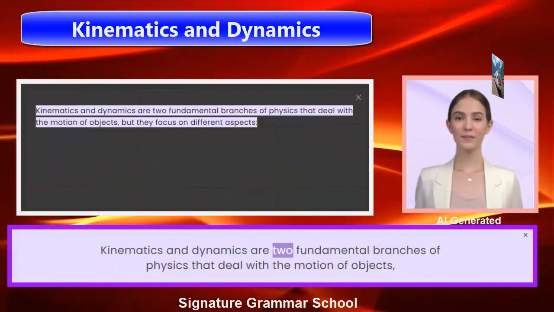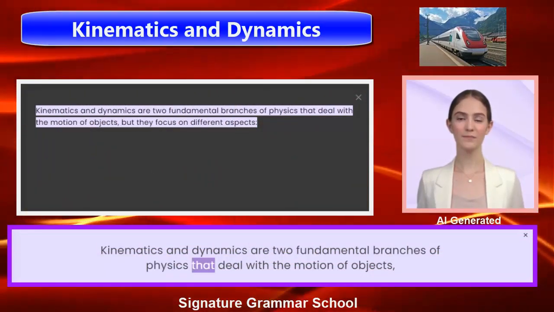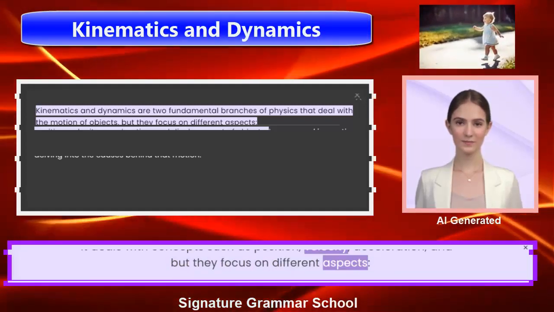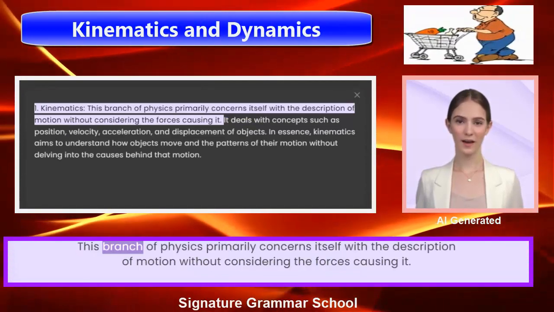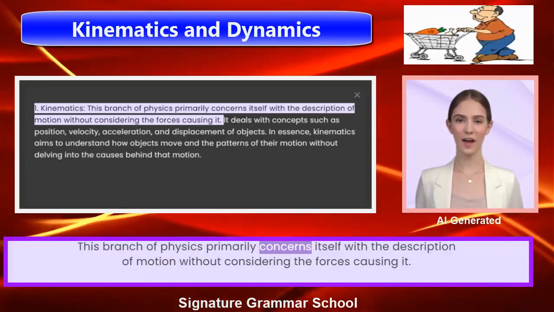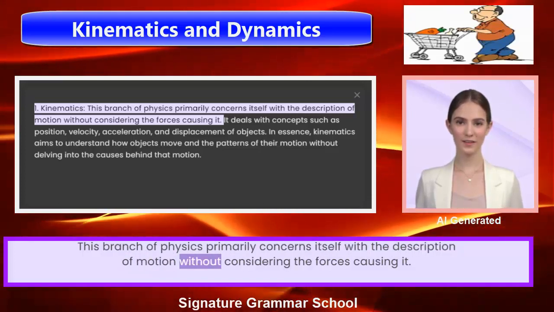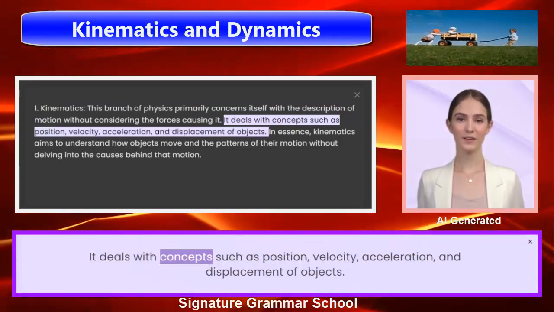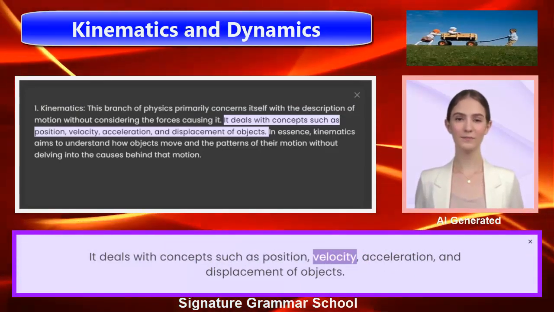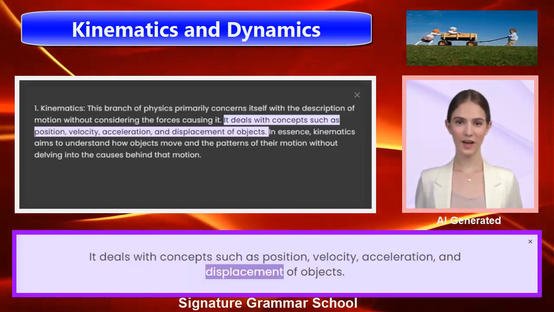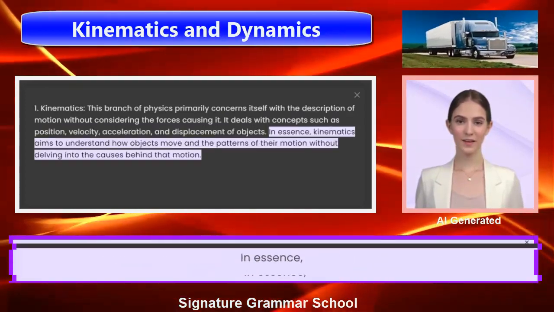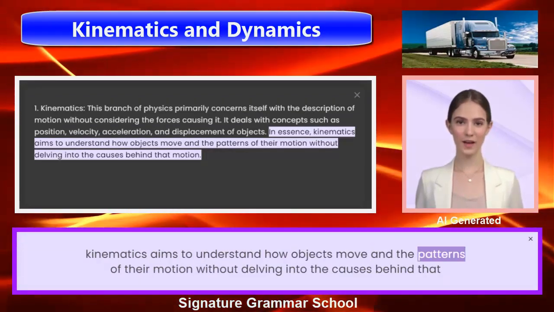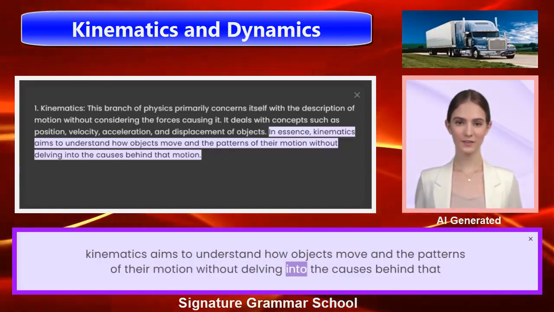Kinematics and dynamics are two fundamental branches of physics that deal with the motion of objects, but they focus on different aspects. 1. Kinematics. This branch of physics primarily concerns itself with the description of motion without considering the forces causing it. It deals with concepts such as position, velocity, acceleration, and displacement of objects. In essence, kinematics aims to understand how objects move and the patterns of their motion without delving into the causes